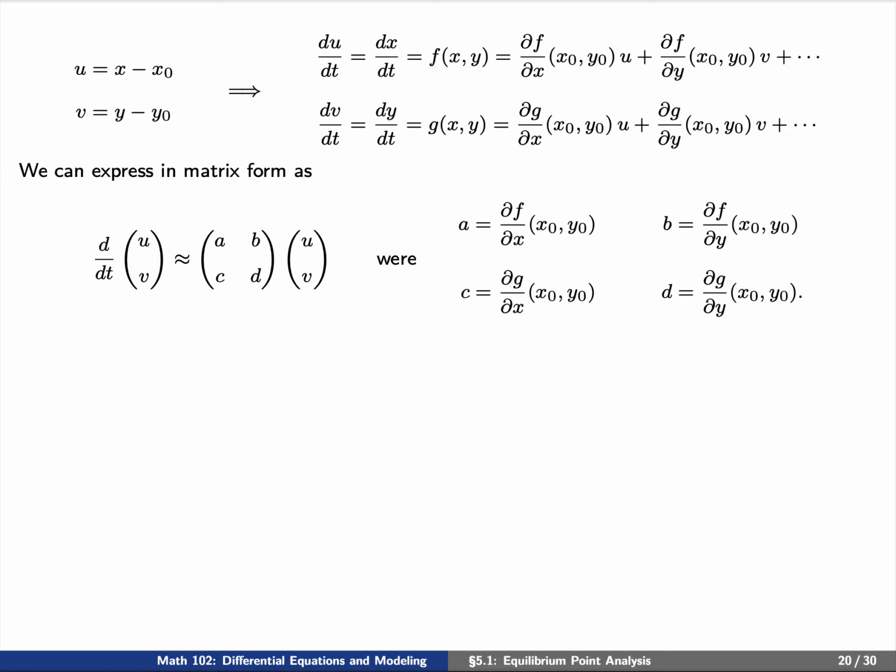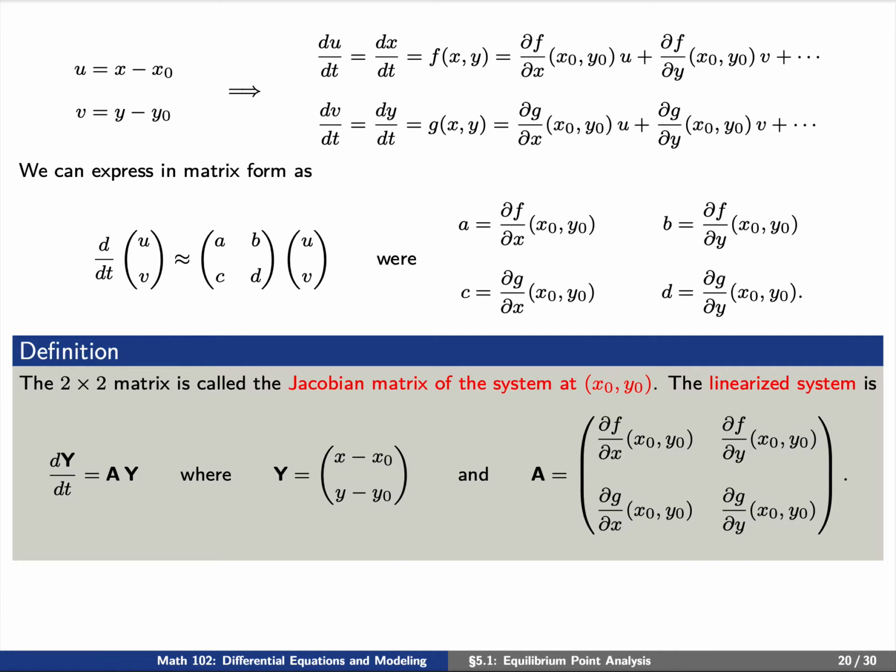We can write this as d by dt of (u, v) is approximately the matrix A, B, C, D times the vector (u, v). Here, we've expressed A, B, C, and D in terms of partial derivatives evaluated at the equilibrium point, capital Y sub 0. This 2 by 2 matrix is called the Jacobian matrix of the system at our equilibrium point. The linearized system from our two-dimensional system can be expressed in the form dy/dt equals A times y,